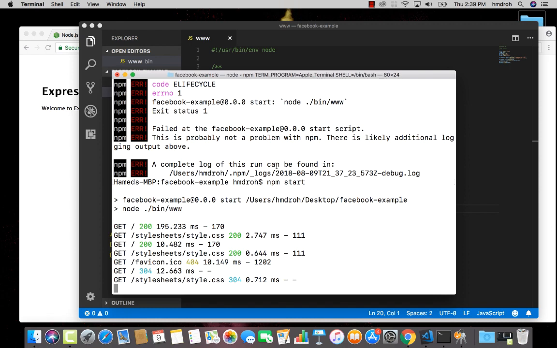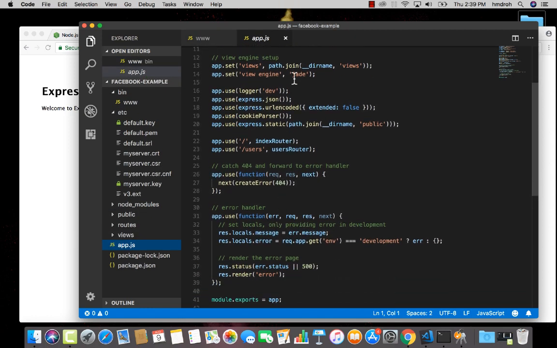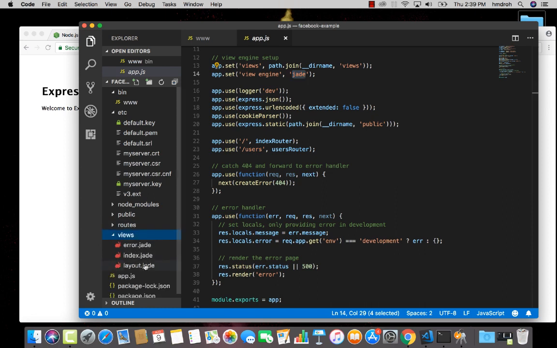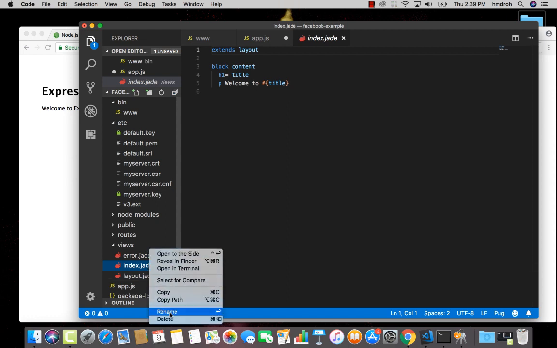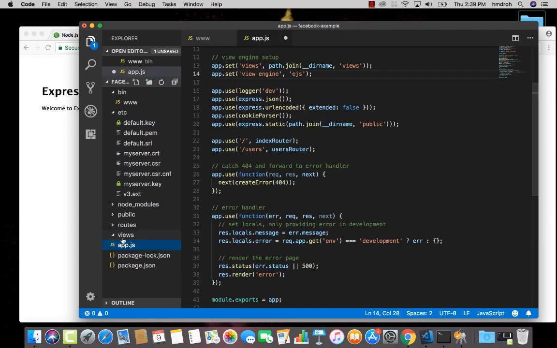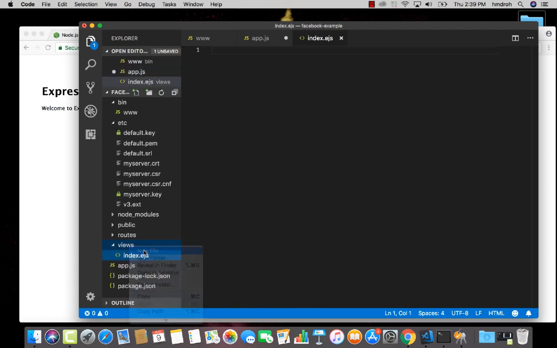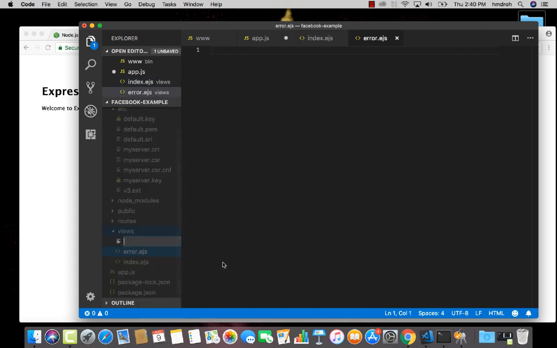Before we start working on passport.js, we need to look at the project. If we see here, our default engine is Jade, and if you go to views, there are Jade files. I don't need that. So I'm going to change that to EJS, and because EJS is similar to HTML, it will be much easier. So I'm going to delete all those Jade files. Okay, and I'm going to make a new file, index.ejs, and new file error.ejs, and my